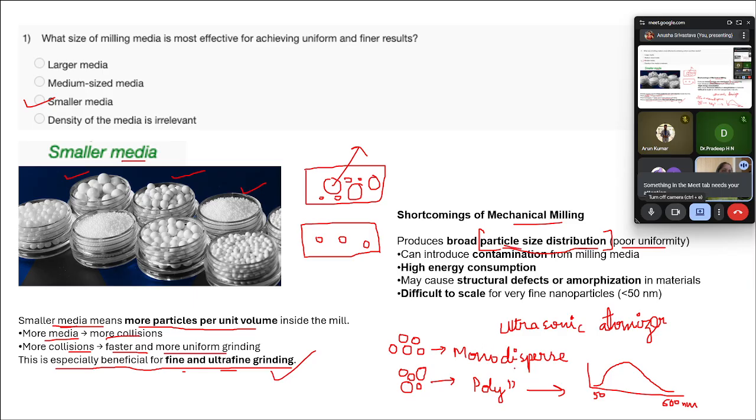But in case of monodispersed particles, if your particles are mostly of the same size, then what would happen? You will have a very narrow particle size distribution. Suppose this kind of spectra you will get. Now this is basically recorded when you are doing the DLS, dynamic light scattering measurement. We'll study that, but for right now, just understand what is meant by particle size distribution.